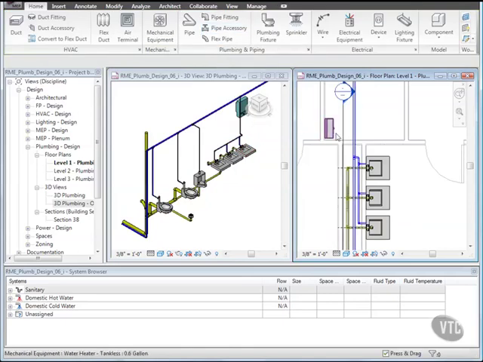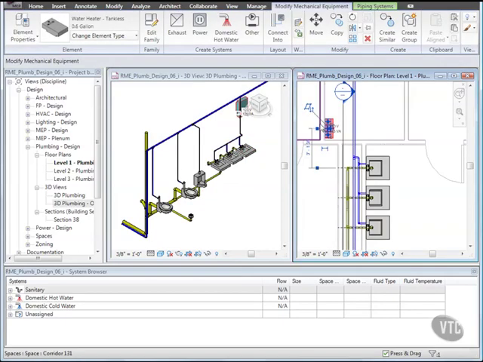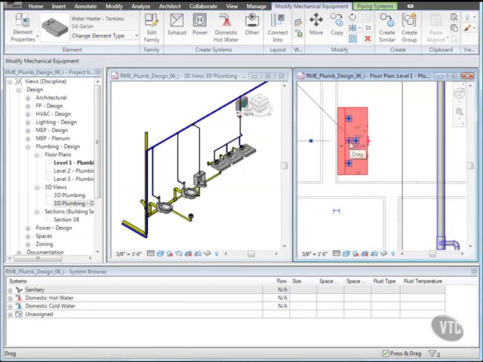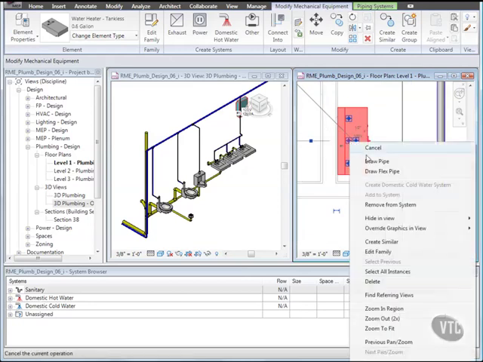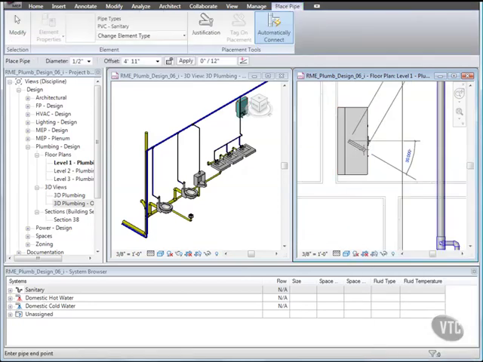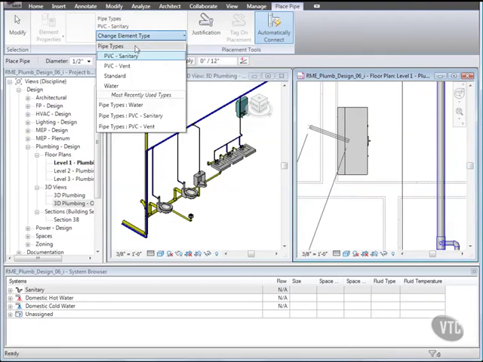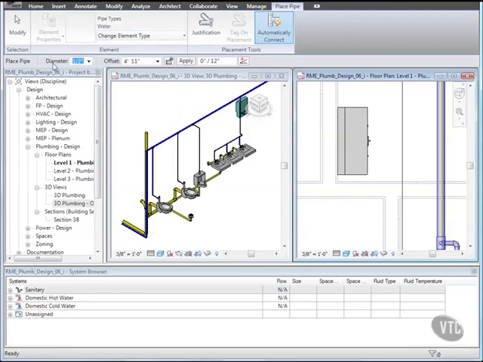Then select the water heater and zoom in and right-click the middle left connector and click Draw Pipe. From the Element panel, click the Change Element Type drop-down, and under Pipe Types, select Water, and on the Options bar, select 1 inch for diameter